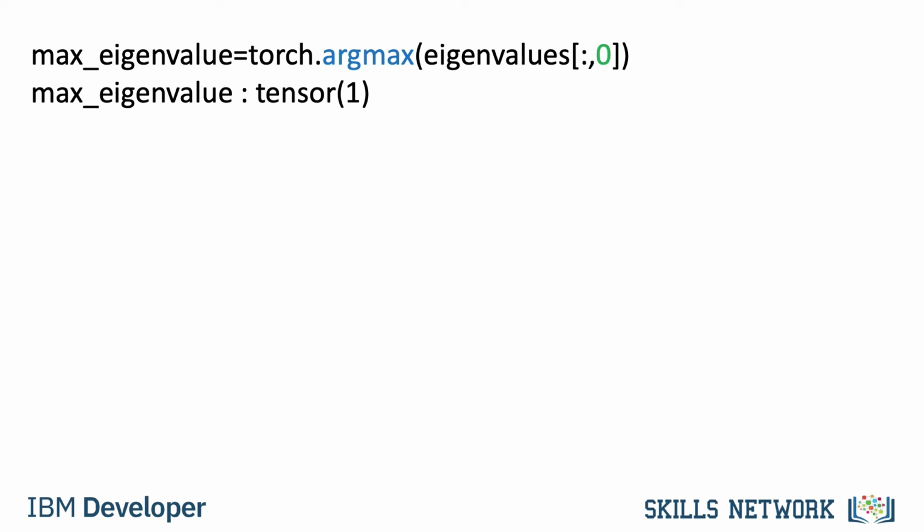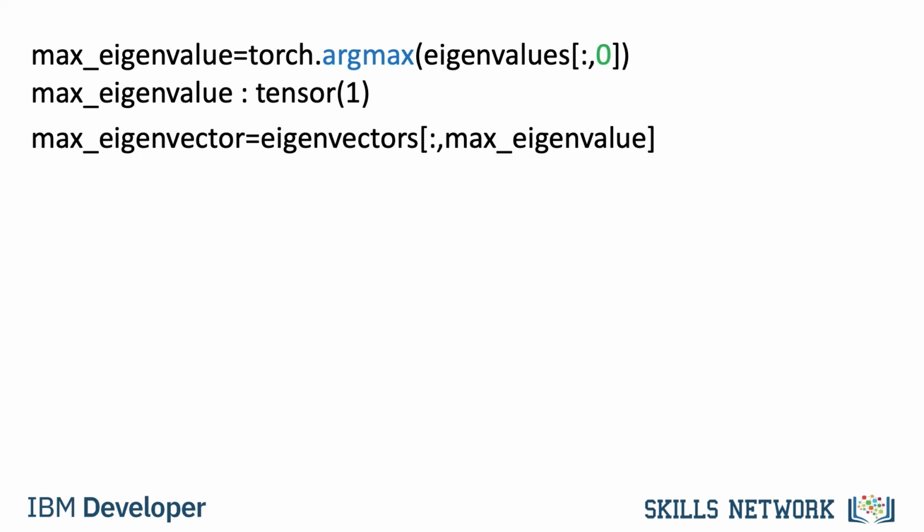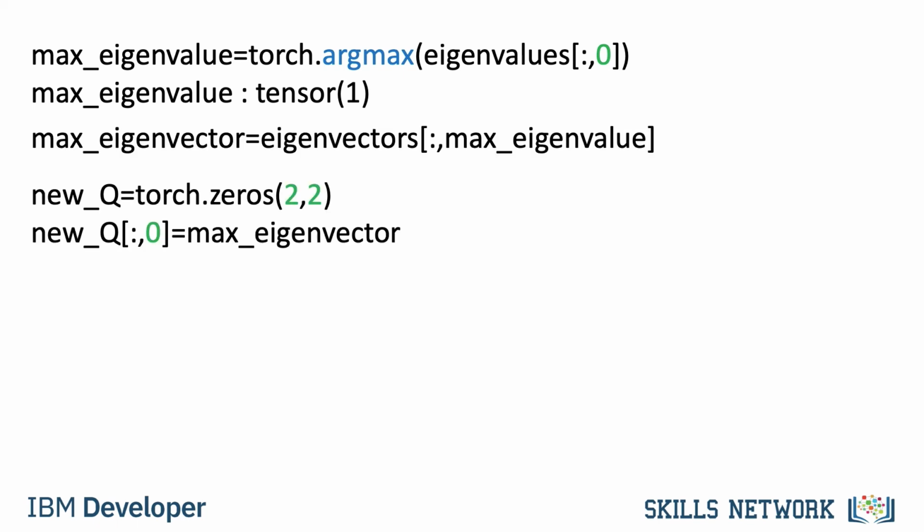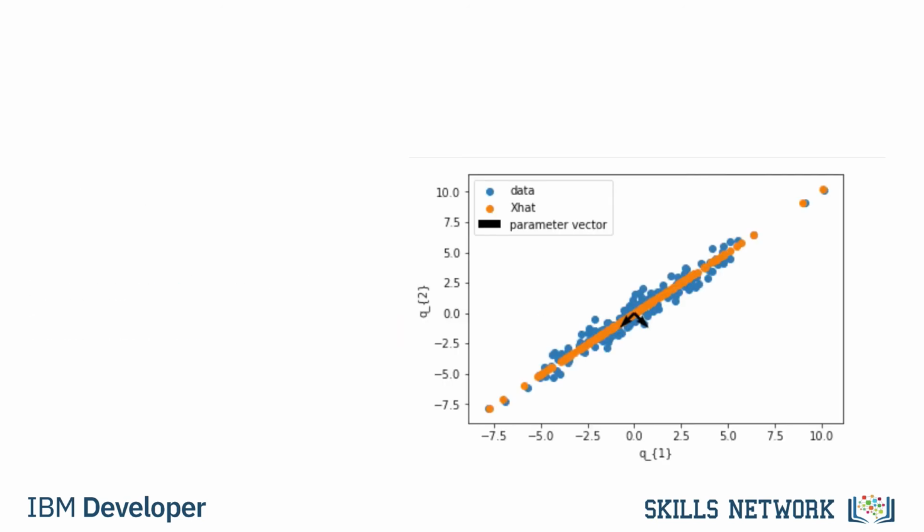We can also find the max eigenvalue. We find the corresponding max eigenvector. To keep the tensors the same shape, we simply copy the eigenvector to a new tensor. This behaves like setting the other eigenvector to 0. We find x hat. We can see all the samples fall in the same line. This time, as it's an approximation, all the points fall on the line that is a scalar multiple of our